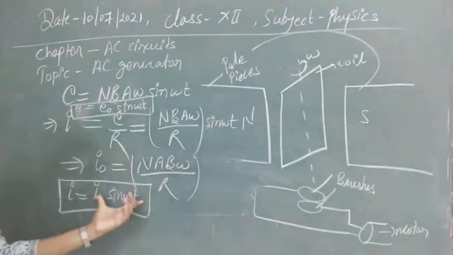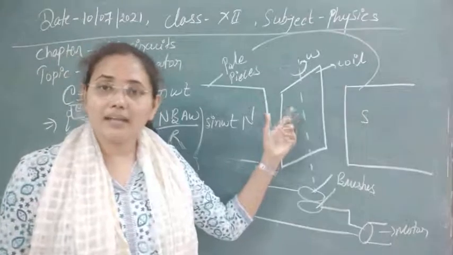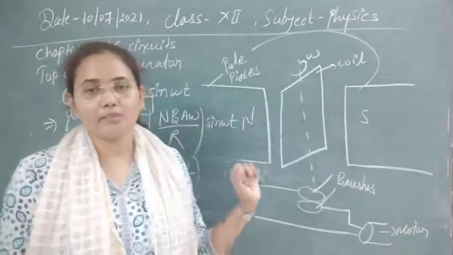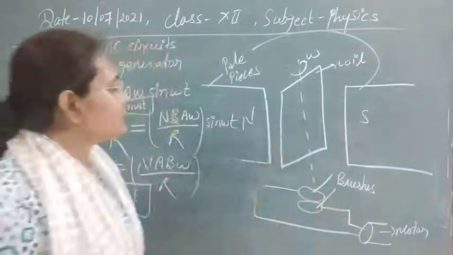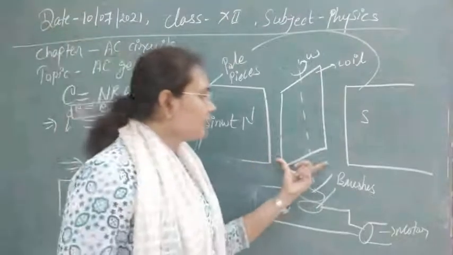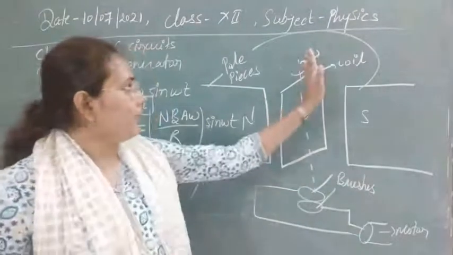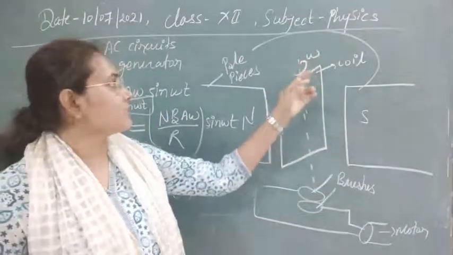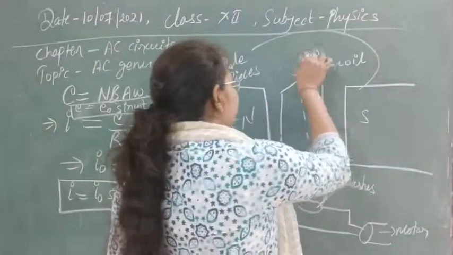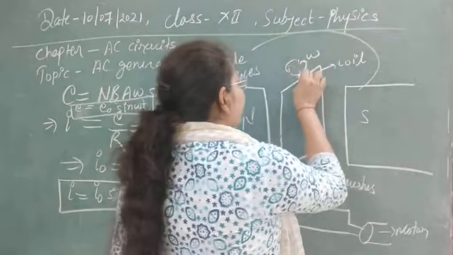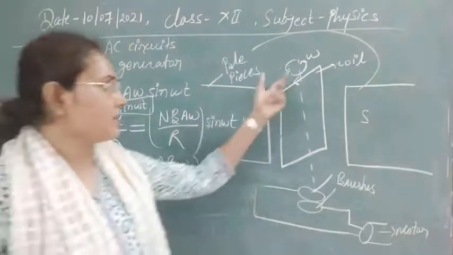As this is the current that is used in this, and as this current will oppose the change in flux by opposing the rotation of the coil, because our primary condition was rotation, that's why the flux was changing. If this coil is rotating in this direction, then the current will always act in the opposite direction. Means if this is rotating in this way, then the current will always be in the opposite direction, so that it can oppose the rotation of the coil here.